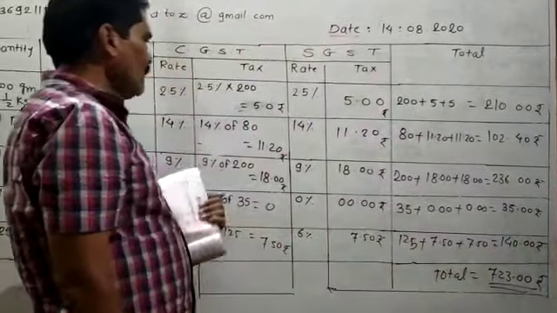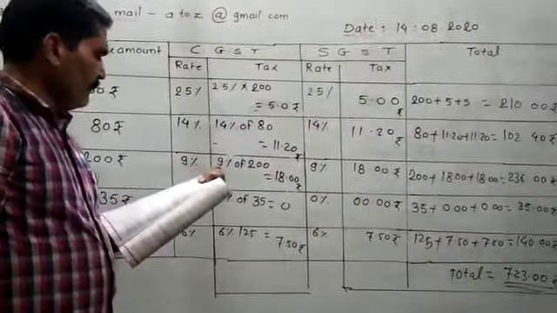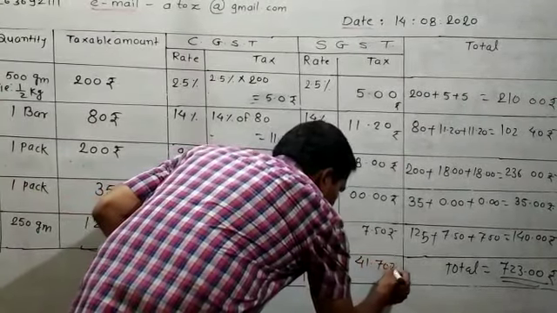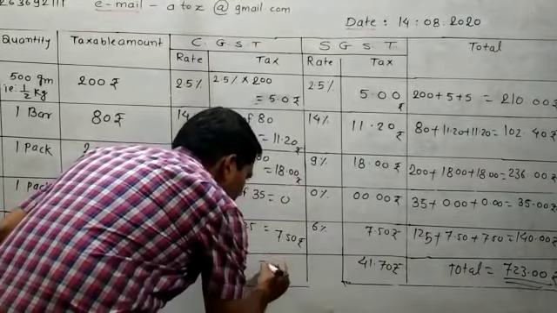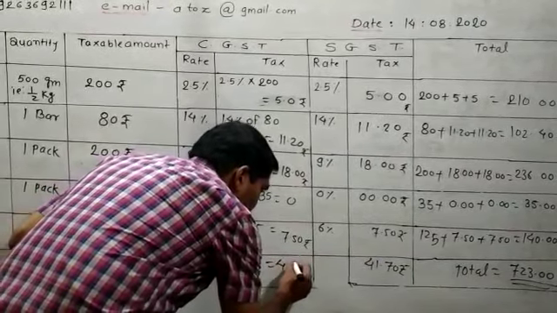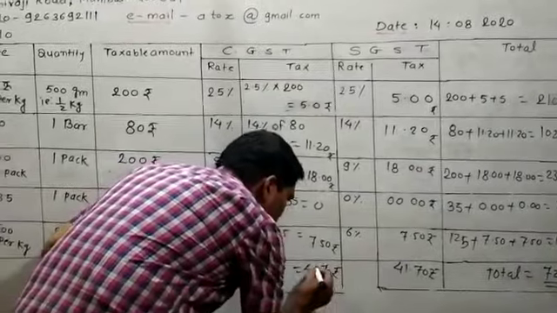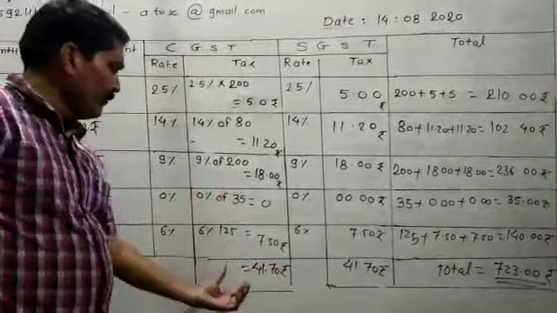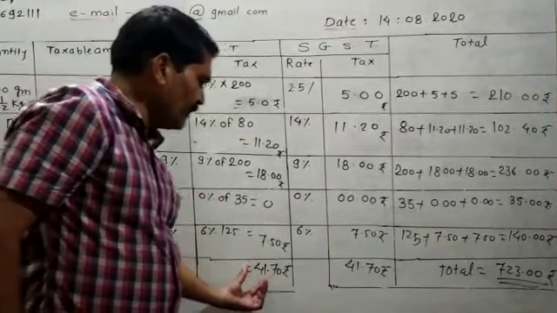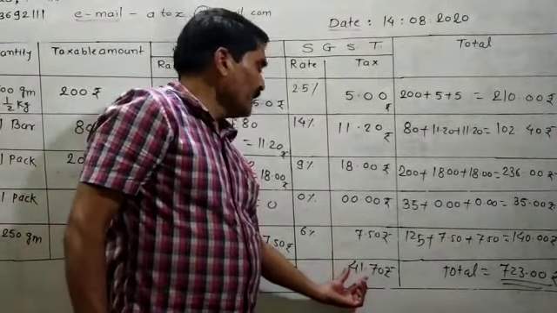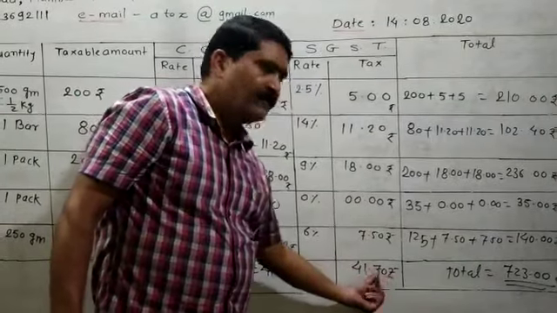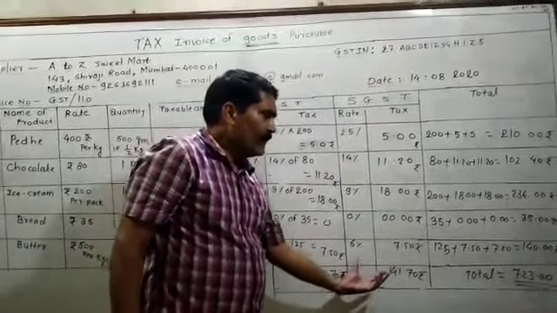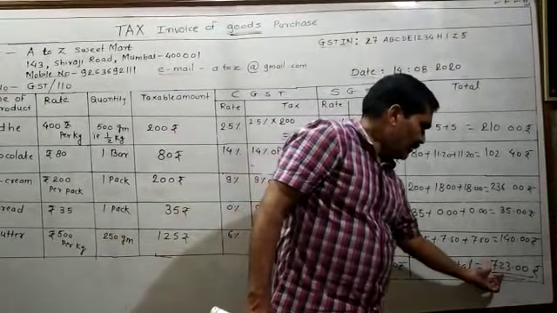Then you have to find out the GST. How much GST will you pay? 41.70 rupees you will pay. And how much CGST will you pay? 41.70 rupees, you will pay 41.70 rupees as CGST. For the central government you will give 41.70 rupees, and for the state government you will pay 41.70 rupees. In this way they will collect the GST from you, and the total amount including GST you have to pay